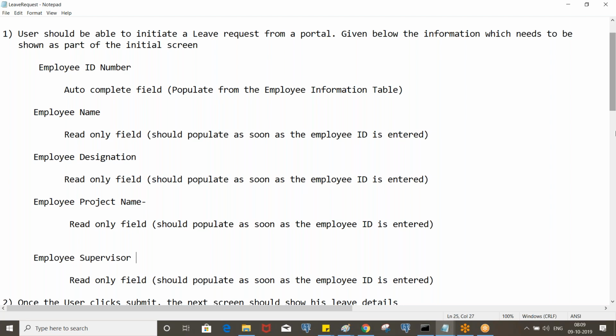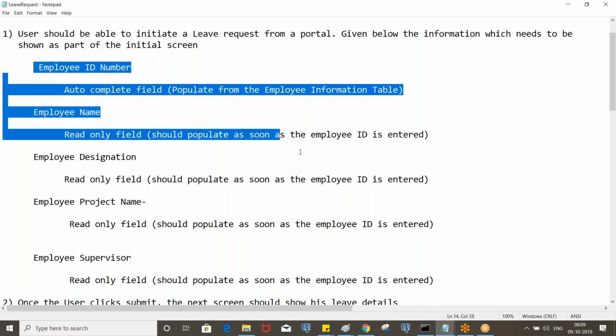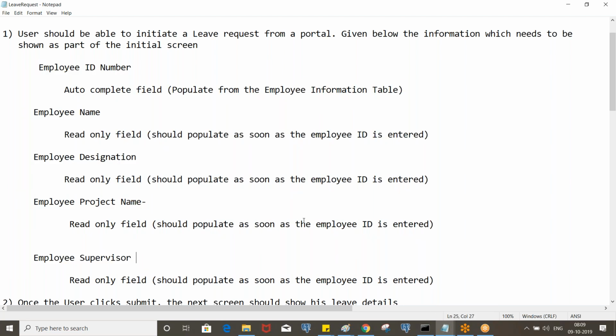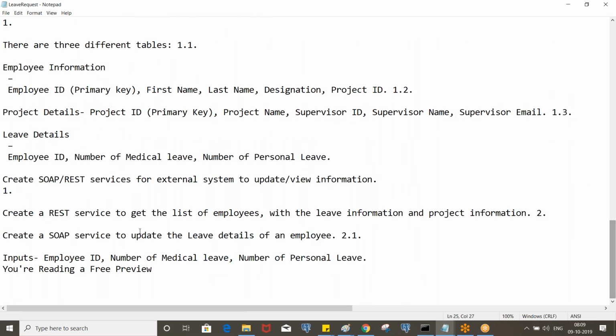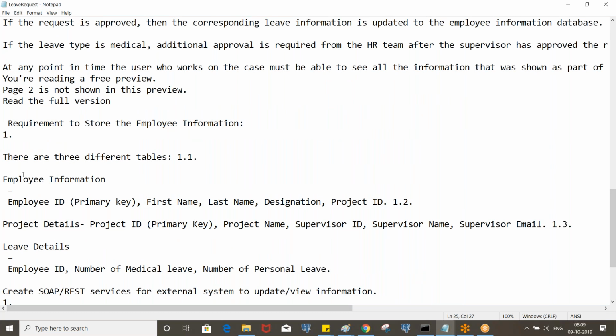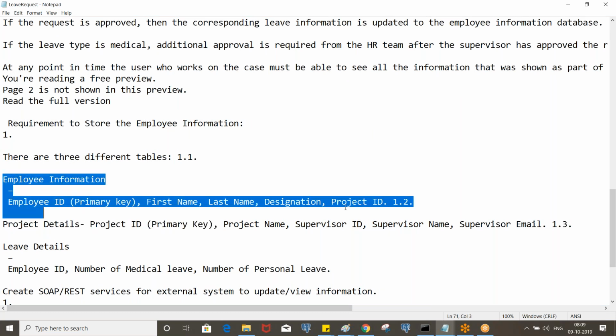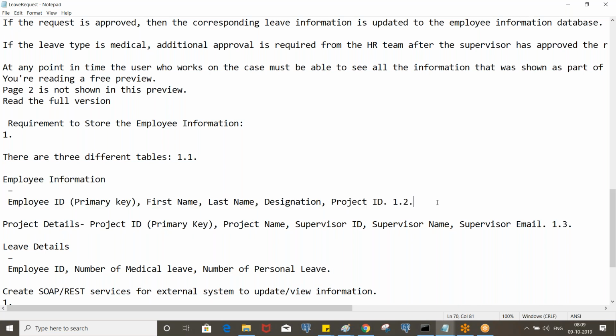Now from where are you fetching these details? These details will be stored somewhere in a data class. So you create an employee information table, meaning a data class, with the employee ID as primary key, first name, last name, designation, project ID.